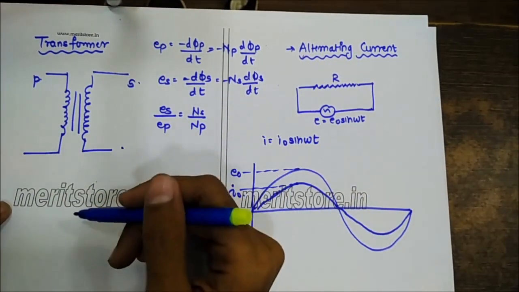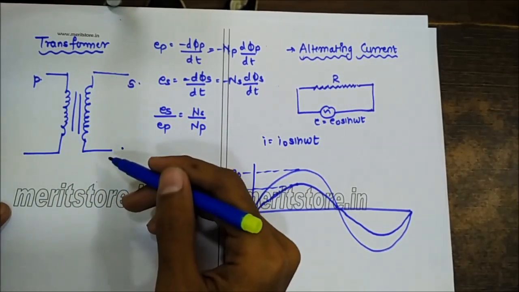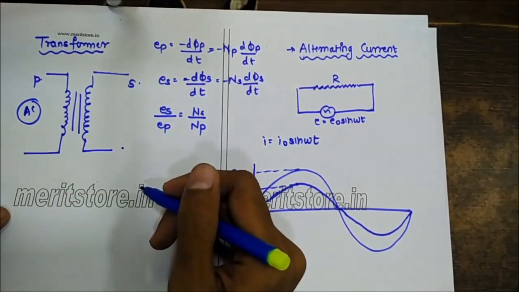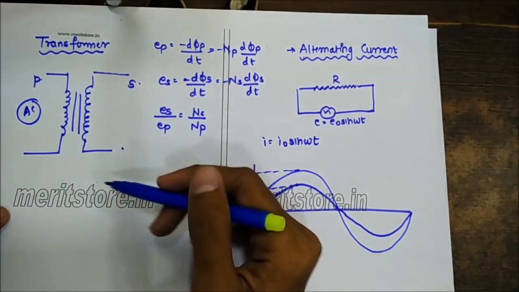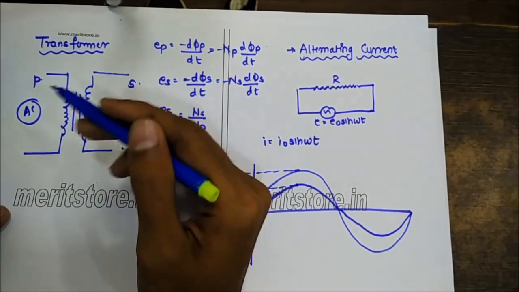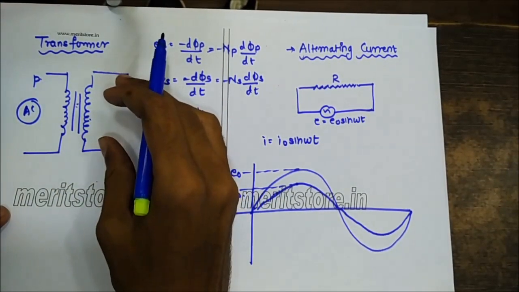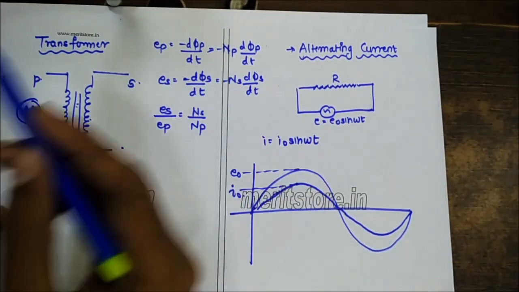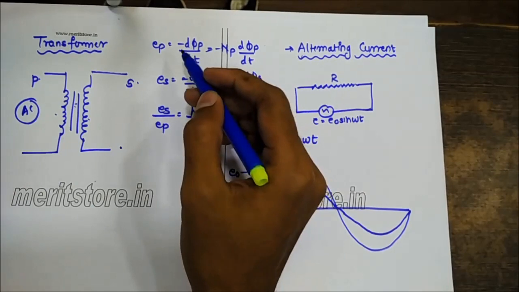Each of these coils is insulated and wound on a soft iron core. When an alternating current goes into the primary coil, the current is AC, so it goes on changing. Hence the magnetic flux through the core also changes, and as a result of this change, an EMF is induced in the secondary coil. This EMF induced in the secondary coil will depend upon the number of turns of windings we have done on the primary as well as on the secondary coil. So here again, using the same mutual induction principle,